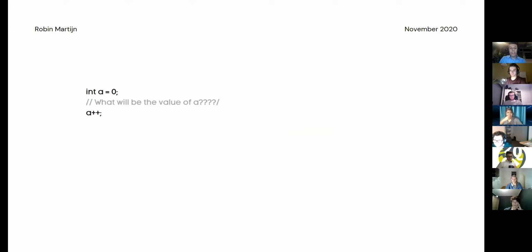And that's a simple question. We start with an integer a, and this integer is declared as 0. So no quirks, just a normal integer. It's 0. Then we have a comment, and then a++. The question is, what is the value of a after running this? Because of the way I ask, you probably have a clue that it won't be 1. The question is, what will it be? Well, it will be 0. But we'll get into why.